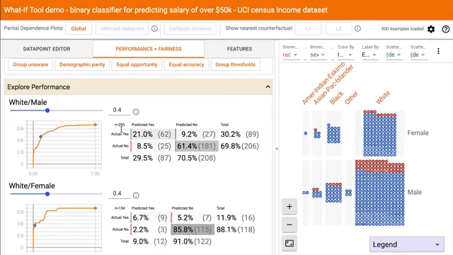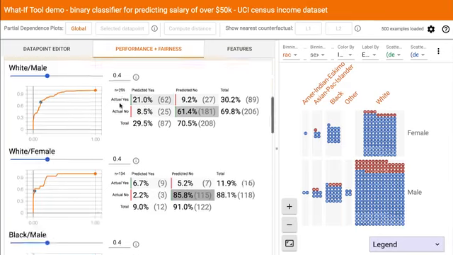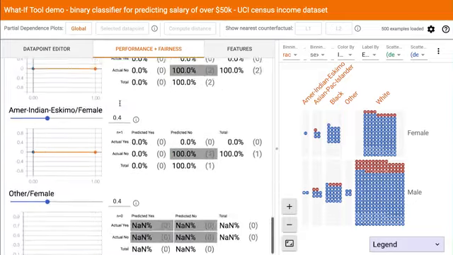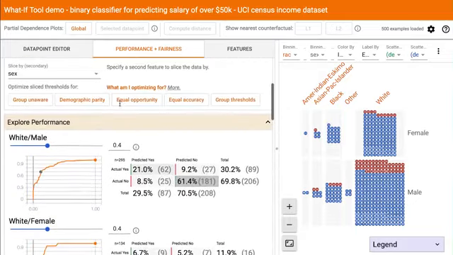Of each of the constraints, which seems to produce the best results for each of the subgroups? Is there one which works better for different subgroups? Absolutely. If we choose group unaware, we get the same threshold across each of the groups. However, if we look at the percentage of the time that the model says yes for each of the subgroups, we get very highly variable results.